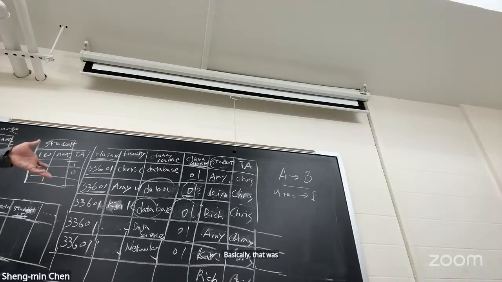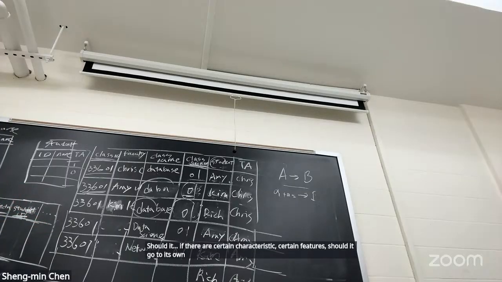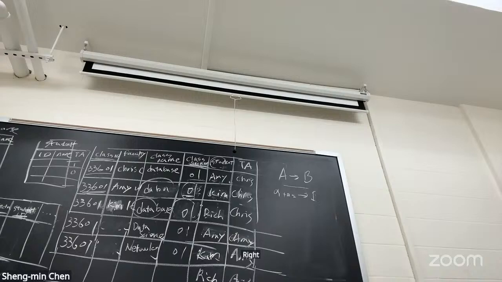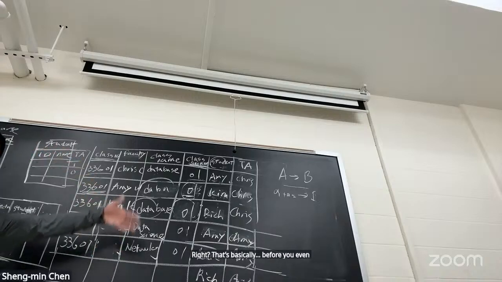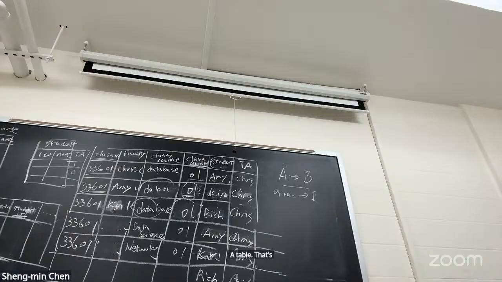That was the entire problem, because you will identify a lot of partial dependency if everything is stored in one big table, right? So when you start thinking about creating a table, if there are certain characteristics, certain features, should it go to its own entity, its own table? That's basically before you even start to fix a table. That's how you design it, right? Student goes to its own table, course goes to its own table. Okay? Faculty probably, in this case, is another example, right? Faculty is probably going to be its own table too, because